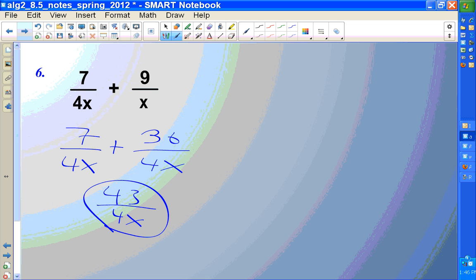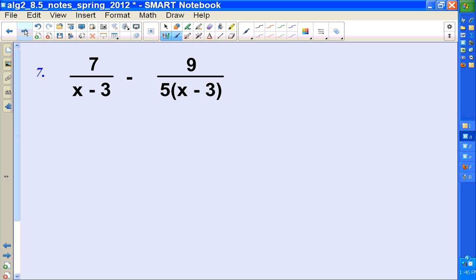Okay? The issue again isn't going to be so much with monomial factors. You guys will do great with those. It's when you have the binomials and trinomials in the denominators that become a little bit of a pain. Now, one of the things that you can do to help yourself, and this is how it would appear typically in a test, a quiz, or in a homework, or in a worksheet. When you have a denominator or a numerator that's a polynomial, you may want to go right ahead and just put parentheses on it. So you remember that it's not an x and a 3, it's an x minus 3